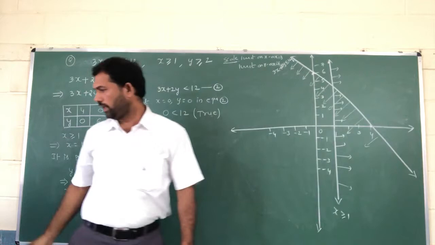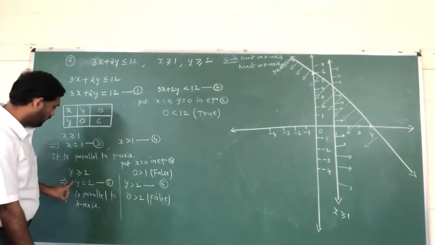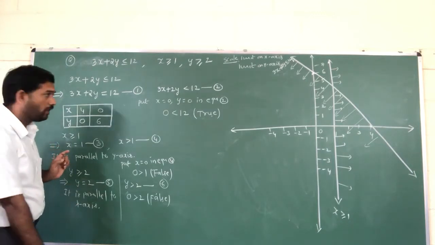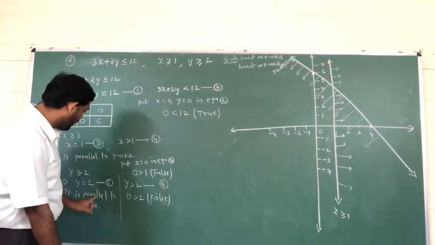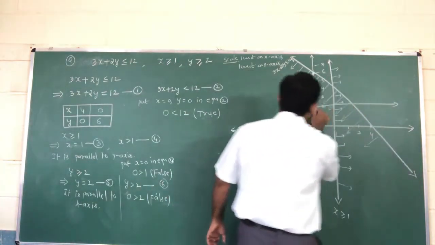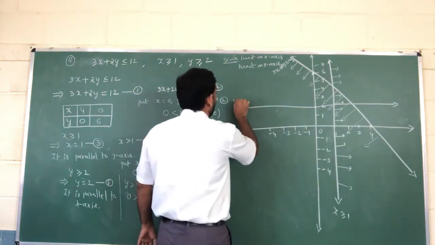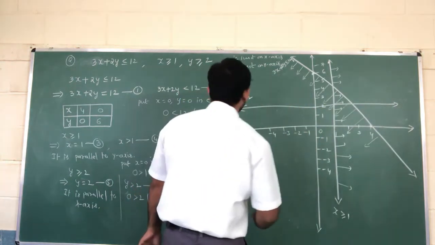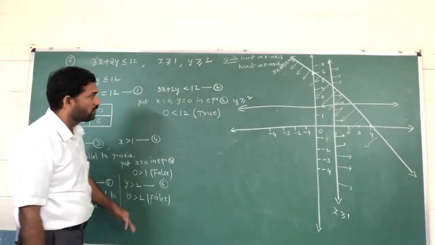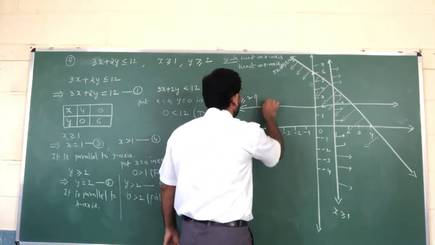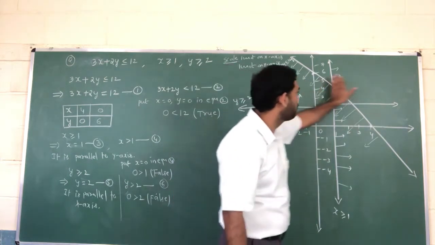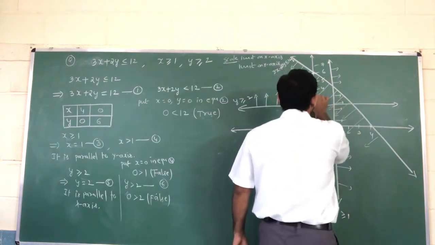Then one more. What is the next term? Fifth and sixth inequalities. y equal to 2. y equal to 2 means it is parallel to the x-axis. y equal to 2 means this one. So y greater than or equal to 2, this is also a dark line you have to take. Next, where do we have to shade? False. False means line above. You are showing an arrow mark, which means the solution is here.